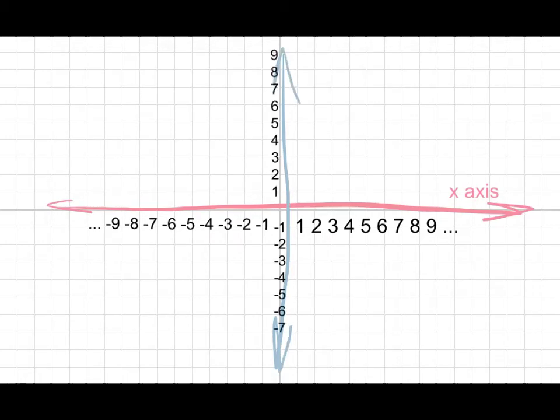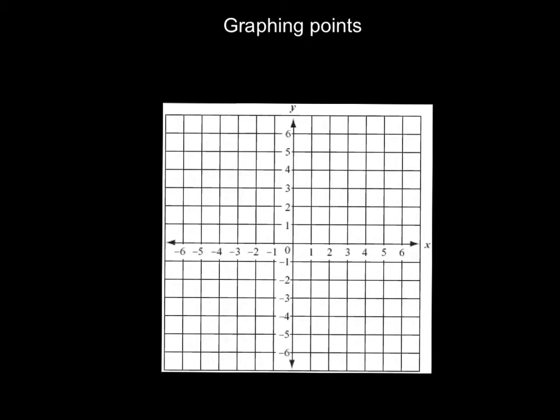Graphing points is a relatively simple process. When asked to graph a point, you will see parentheses surrounding two numbers, the x value and the y value. So what if we were asked to graph a point (5, 3)? We would just need to remember that the first number is the x value, whereas the second number is the